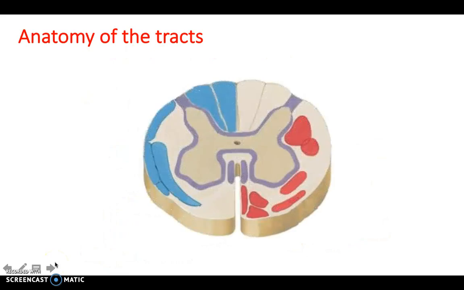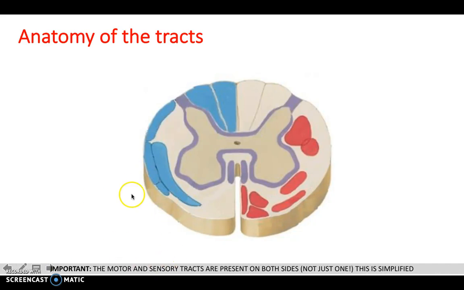Anatomy of the tracts, I'm not going to cover this in great detail here because it does have a section all of its own, but what's really important is the difference in this diagram and what really happens in real life. So in real life, motor and sensory are of course on both sides of the spinal cord, and this diagram is clearly to show you just the difference between motor and sensory in the positions,